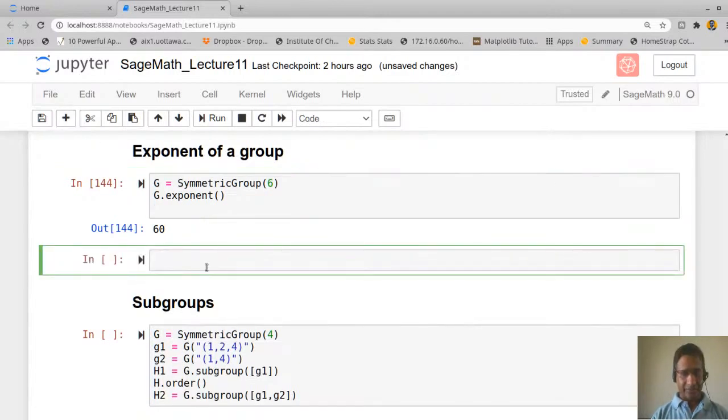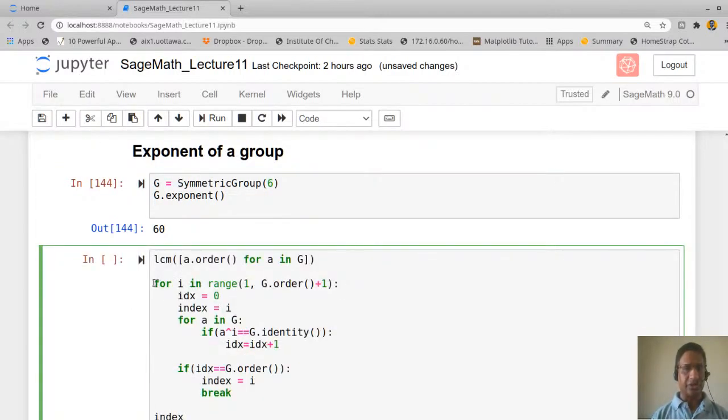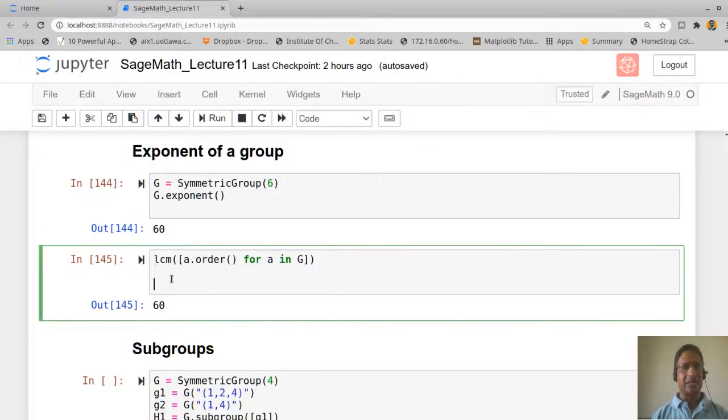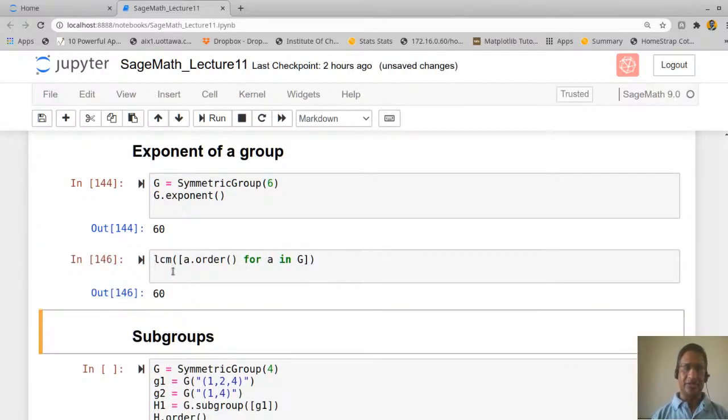So let us see how we can justify these two things. First, if I take a dot order for a in G and take the LCM of all this, that comes as 60. So that verifies that the exponent is the LCM of the order of each and every element.